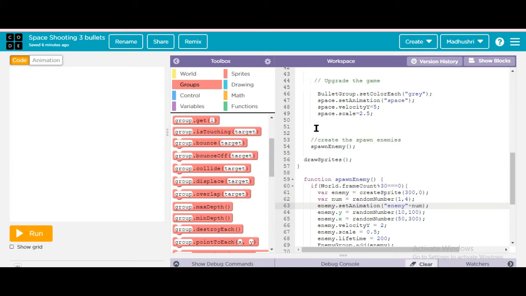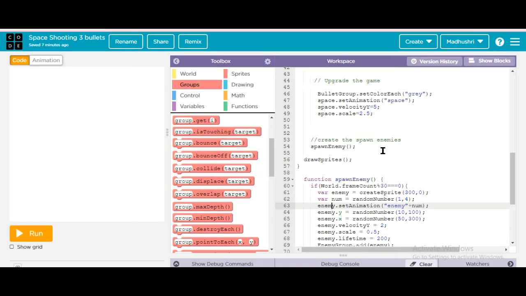For groups you cannot write directly outside like that, group dot displace target, you cannot write that. For that you have to create a function. Inside that function you have to write: first you have to create a sprite, then give how many sprites you need in one object, then you can give animations or not, then give velocities for it, then give size for it, right?